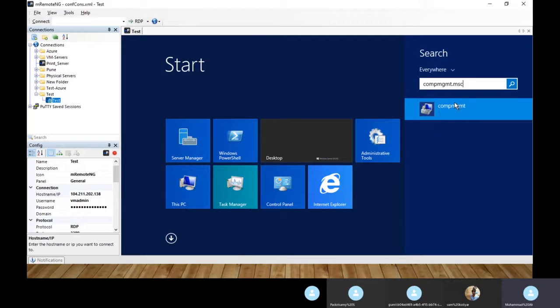In computer management I could see my storage. My storage is attached, but I have yet to create my partition.